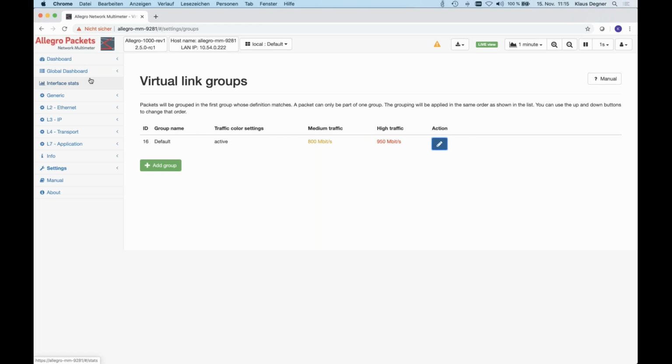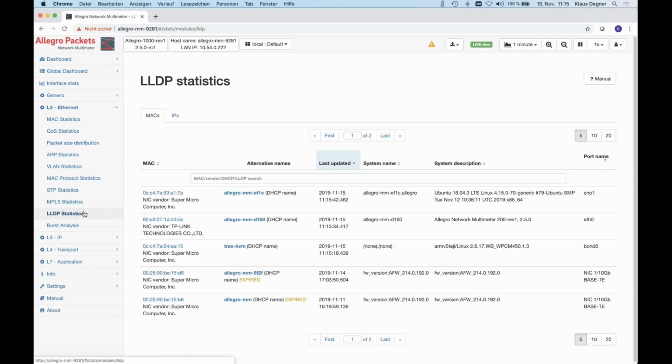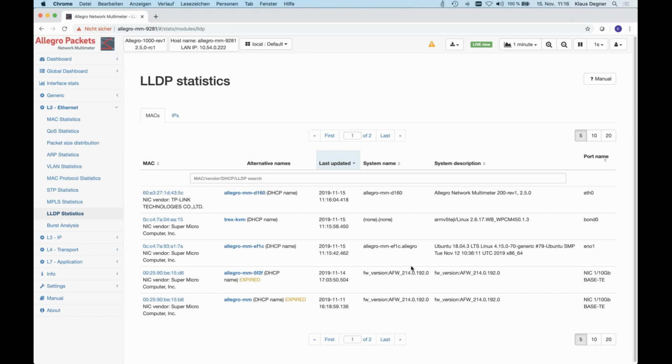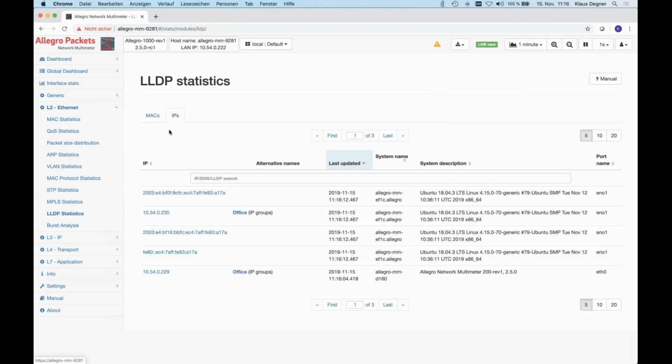Next item, we improved the LLDP decoding in two ways. Number one, we show the LLDP statistics, which, for example, in my small network, well, I'm monitoring here a part of the network, and I can see here all announced LLDP messages on the link. And of course, we aggregate that data also and remember that in our in-memory database per MAC address, per IP address, and see now which IP address, which MAC address has announced which service.